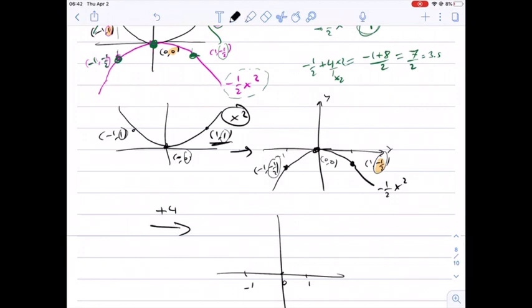So this is 1 and 3.5, and negative 1 gives negative 1, 3.5. 0 gives 4, because we add 4 to the y coordinate. So we get this graph. So this function is negative 1/2 x squared